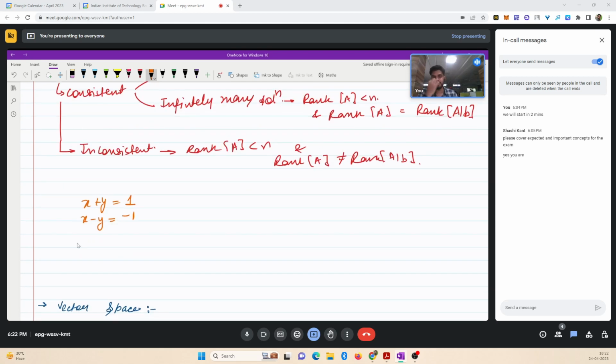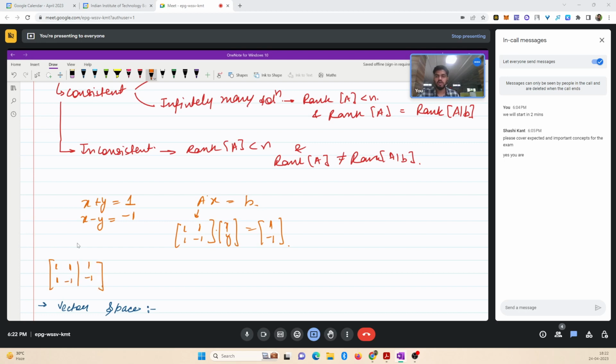This is a fairly simple system. If we want to represent it in the form Ax is equal to b, then our matrix A is [1 1; 1 -1], x is (x, y), and this is equal to (1, -1). And if you form the augmented matrix out of it, what we obtain is,